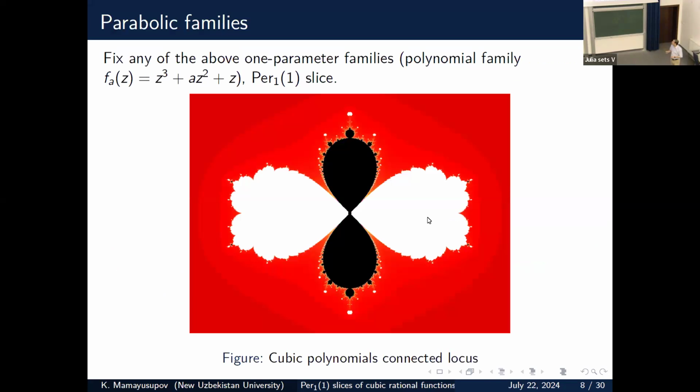Okay, here is a cubic family. I think many of you have seen it. So this is the Per_1 slice. So you see that here it's a butterfly. When I was preparing and showed it to my daughter, and I asked what she sees, she said it's a butterfly. Yeah, of course it's a butterfly. So you have 2 wings. So I will talk about these 2 wings, properties of them,